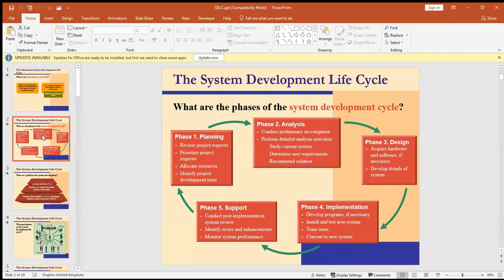Then looking at phase number 4, implementation. This is when the practical work starts. Now, before going to implementation, for the case of systems development, just like I talked about having a plan or having a sketch of the house, if it is to do with building a structure, in information system development, you